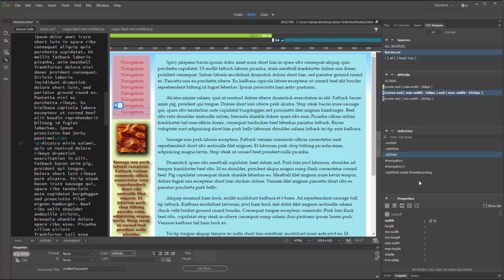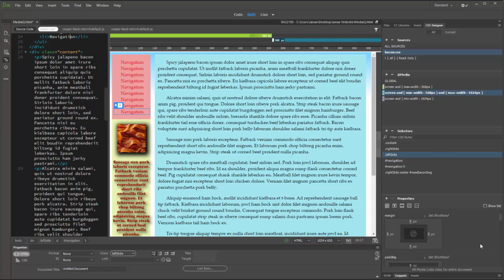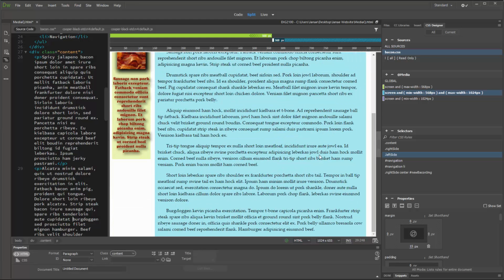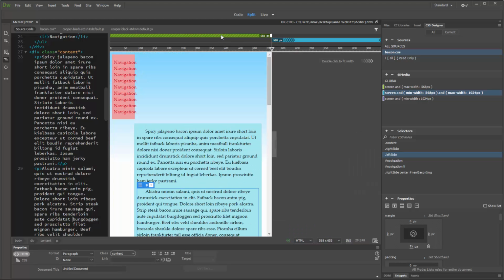I should probably just rename these in colors, huh? And I'll just throw just a little bit of padding. Oh, not padding. Maybe some margin. There we go. Just a little gap between the two, just to give them a little breathing room. That's it. Okay, so